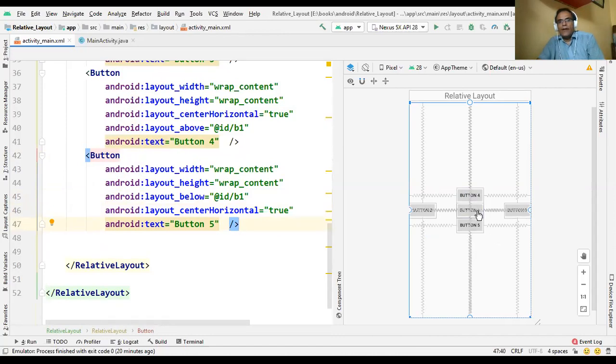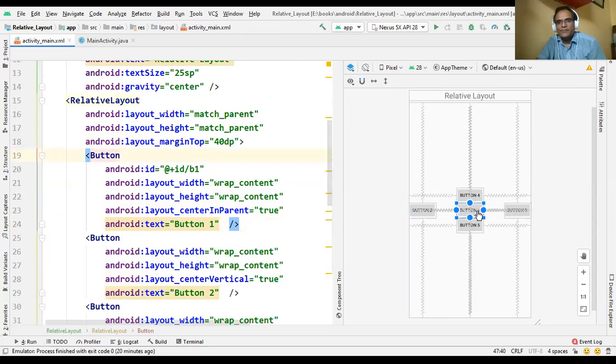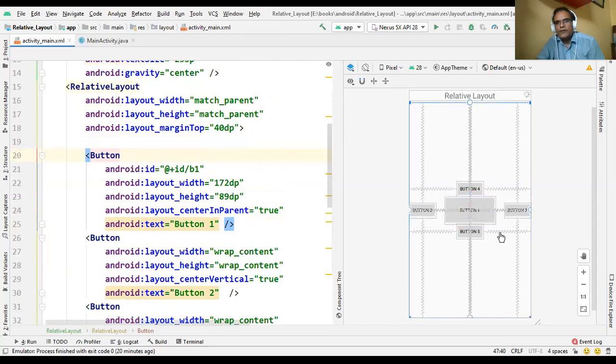Clear? Now one very important thing. Here button 1, we are increasing height and width both. Now you see here what we are doing. We are increasing height and width.